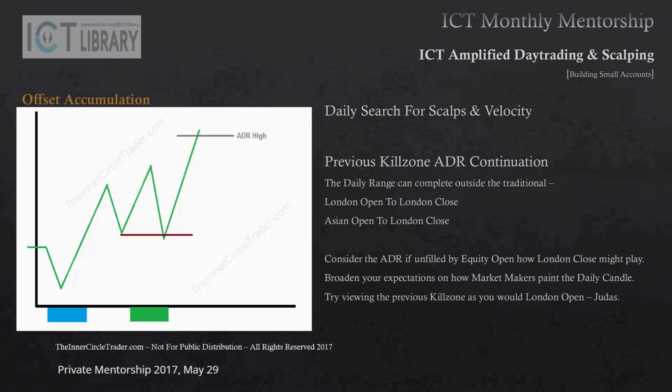Okay, obviously we mentioned the traditional open at the midnight candle in New York, and then a Judas swing down, creating the London Open low of the day, and then the market trades up, has some measure of consolidation going into the New York session, and then it creates a run on a short-term low that was created during the London lunch. That stop run for offset accumulation could be the New York session low, and then it rallies to ADR high. That's an obvious classic scenario.